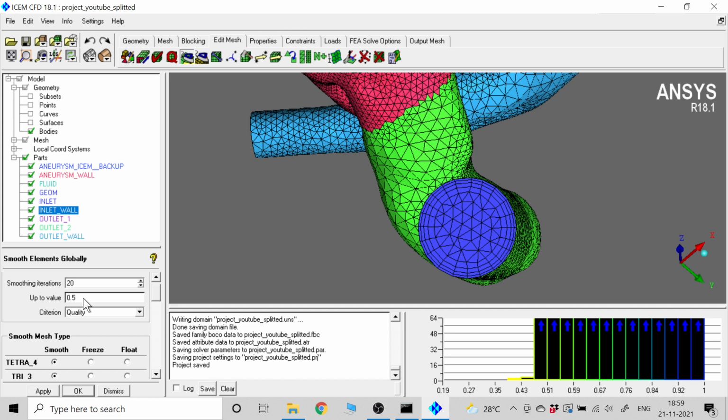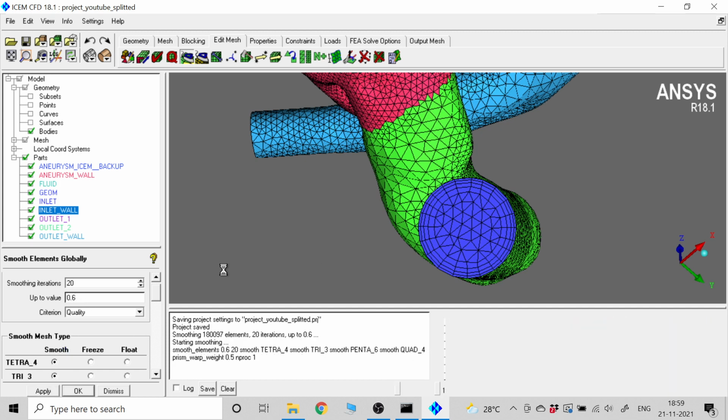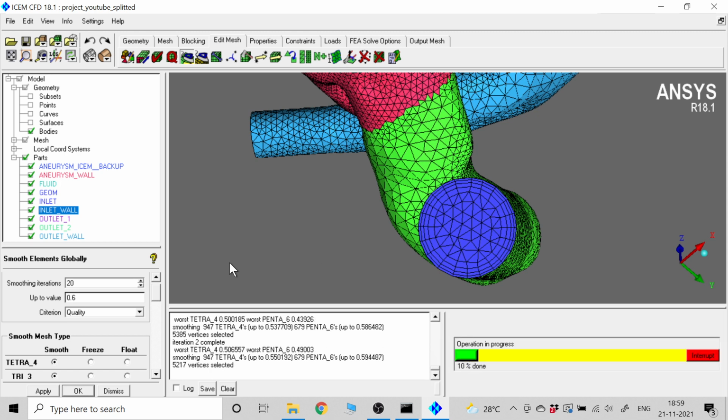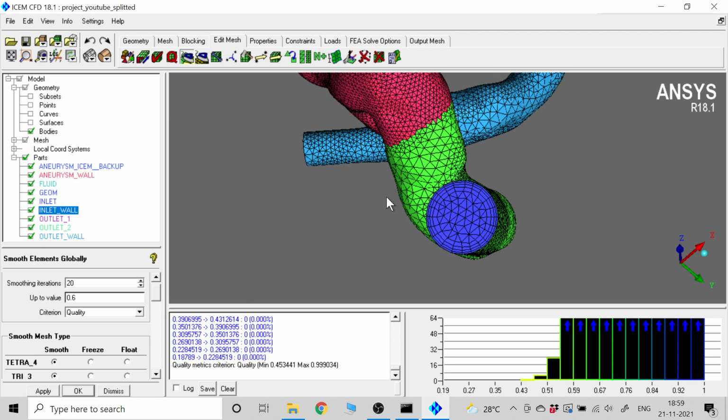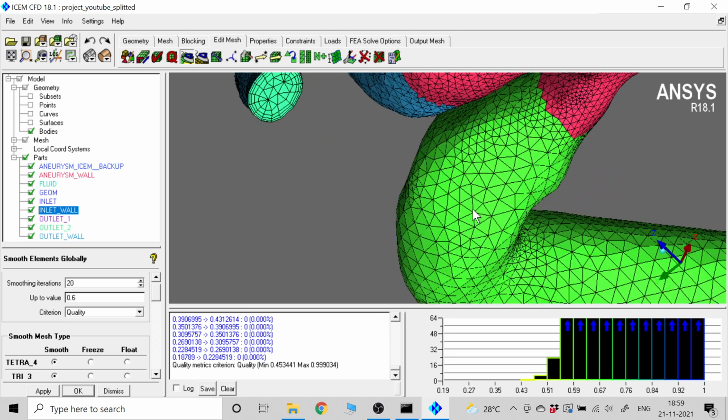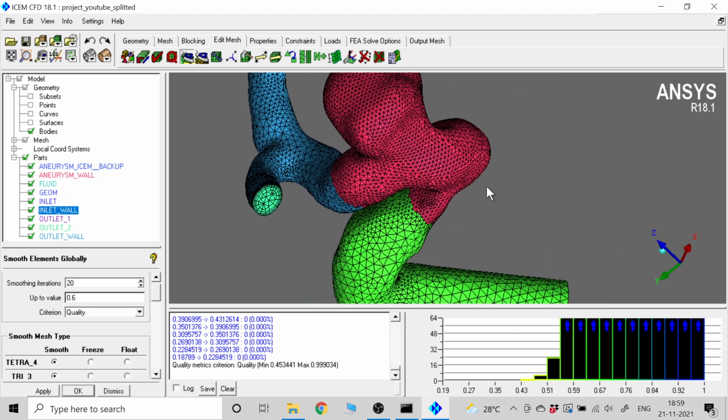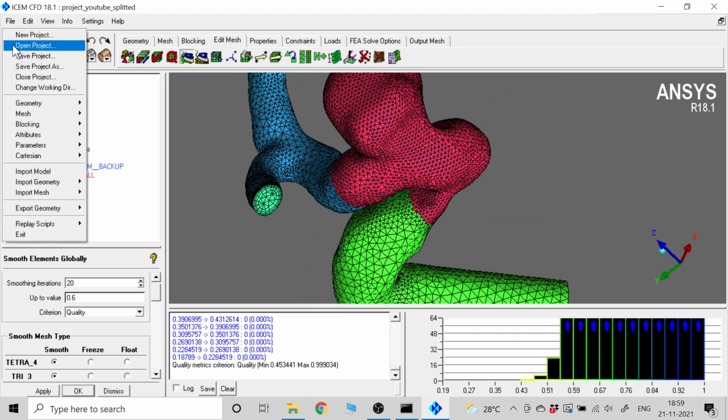Let's try to improve it further. We'll go for 0.6 and apply one more time. The quality has now improved to 0.45. The minimum quality is 0.45, which is pretty good. And at this point, we'll save it again